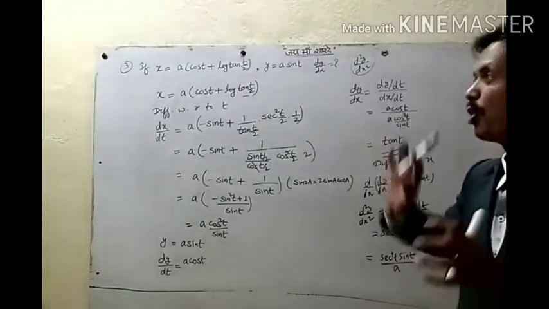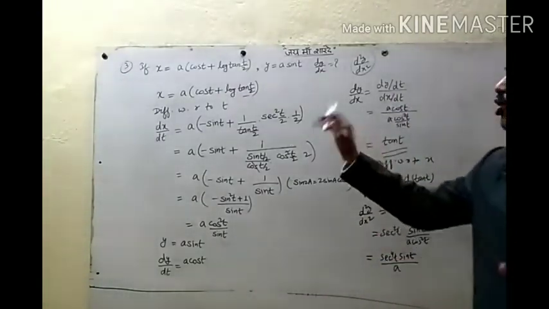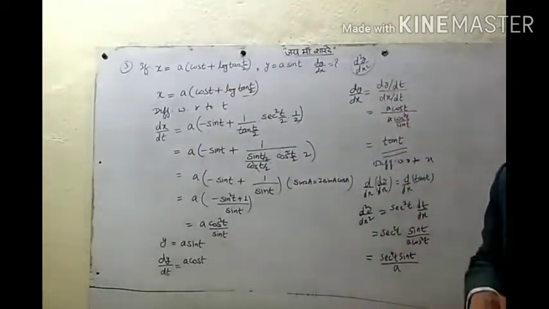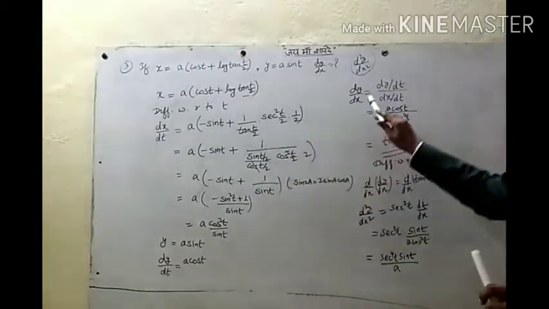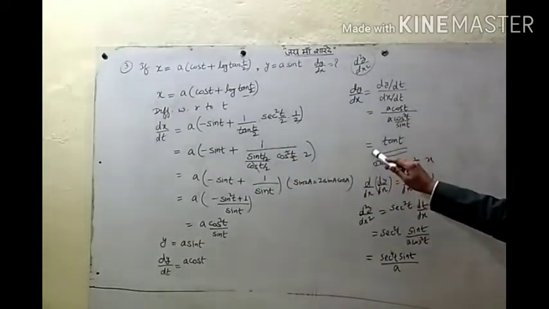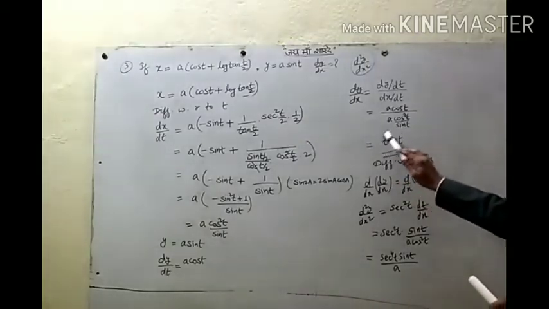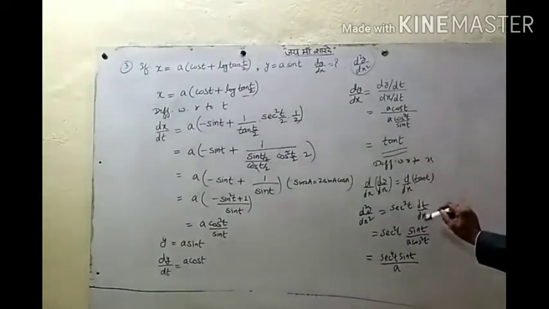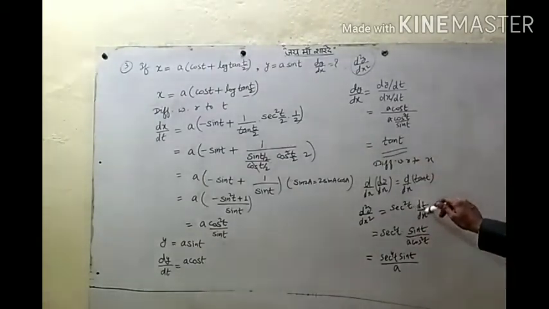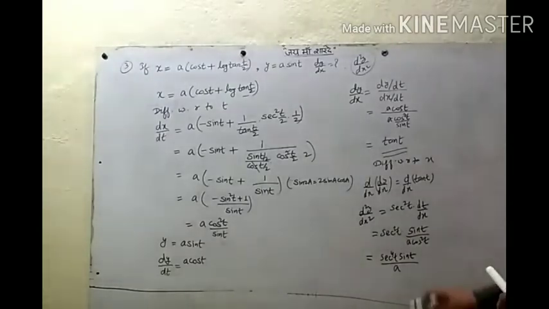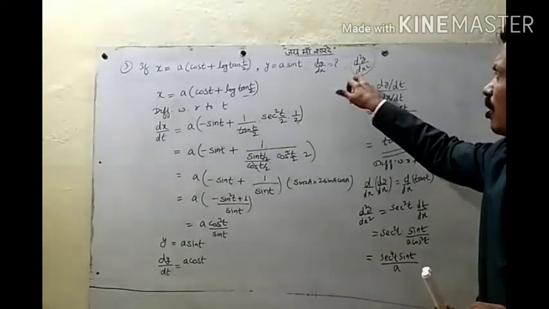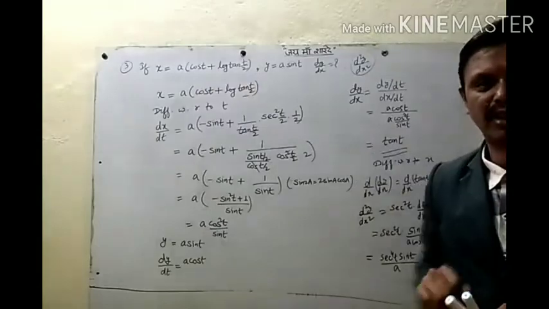So this question is a very important question. Always one question from this topic. If parametric forms are given and we need second derivative, first find the first derivative and then differentiate it with respect to x. So this part will be differentiated with respect to t only, that is the parameter, and then we multiply it by dt by dx, or d parameter by dx. Okay. So this will give you the second order derivative. Not only this question, this type of question, we need second order derivative when parametric forms are given. Okay.